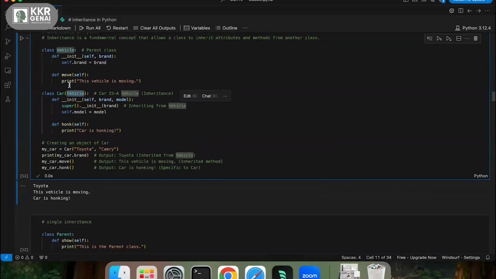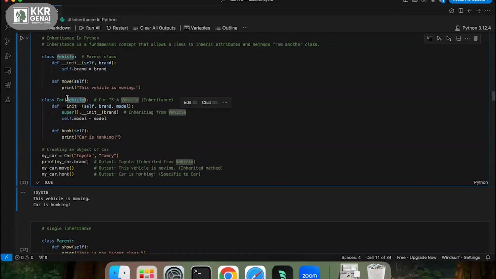To do the is-a relationship, we pass the parent class as a parameter to the child class, and then we get inheritance.